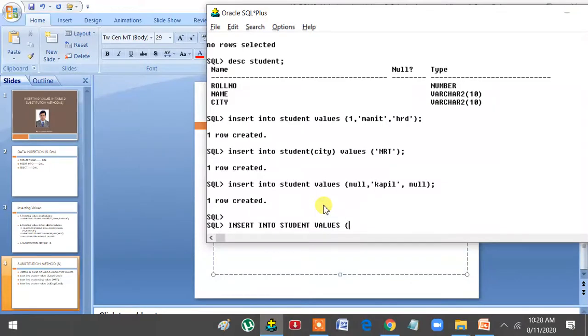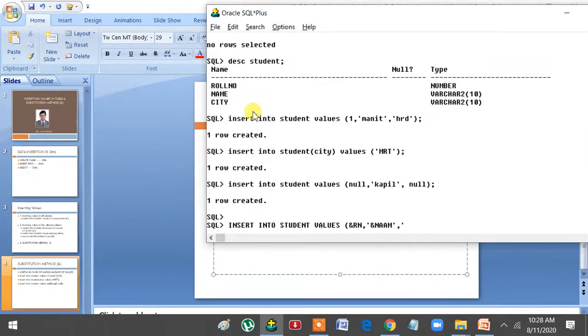Now, what you will do, the first column is what? Roll number. You will take ampersand and give any name. You can give roll number also, but suppose you give RN. Second was name. It is varchar, so you will give single quotes, ampersand, suppose let us give NAM. Anything. Comma.